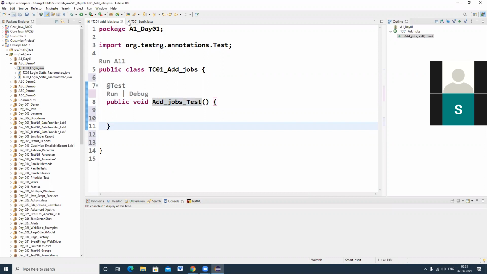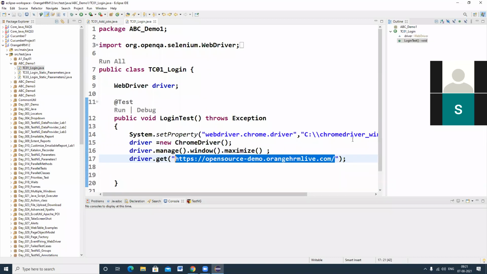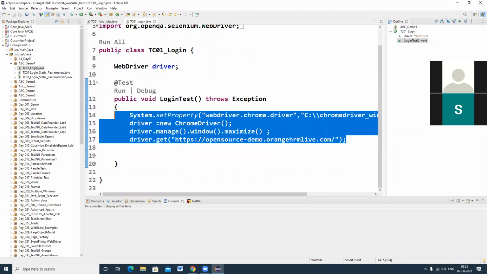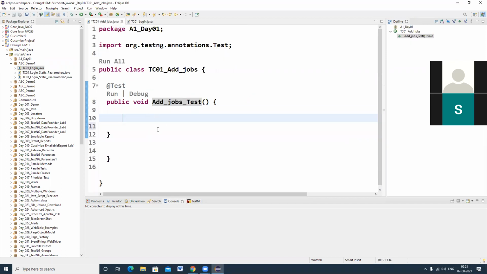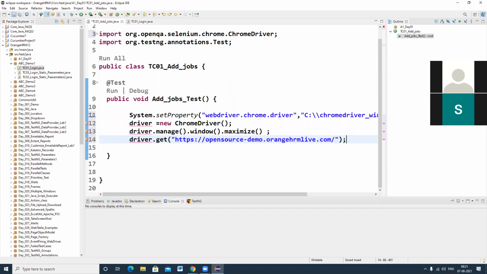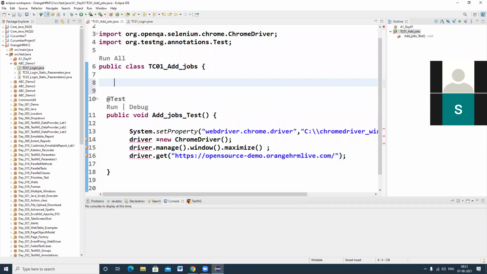After that, I'm copying those 4 lines of code. Control C. I copied those 4 lines of code. We need to declare the web driver. The first point I forgot. First we need to declare web driver.